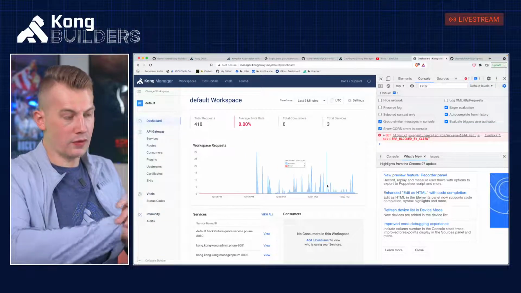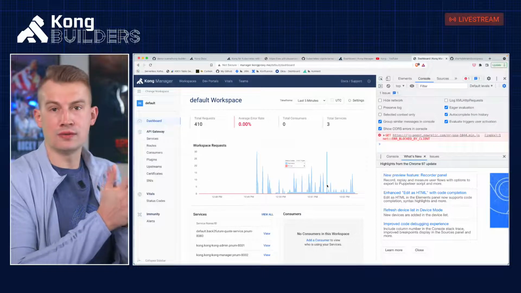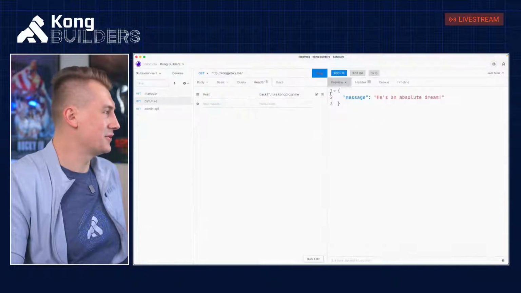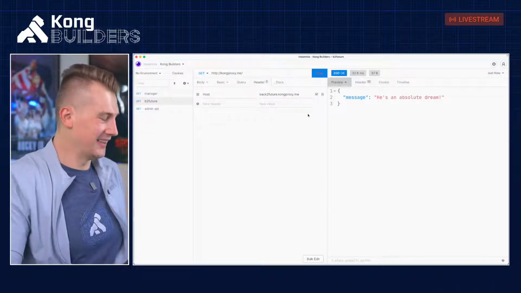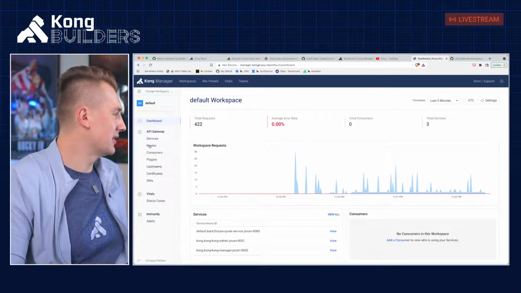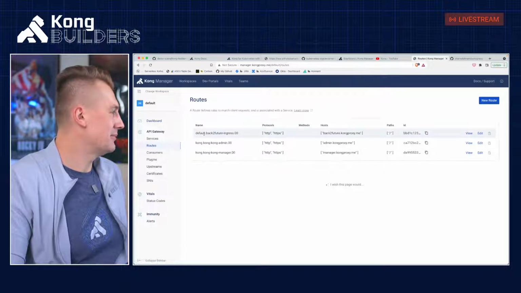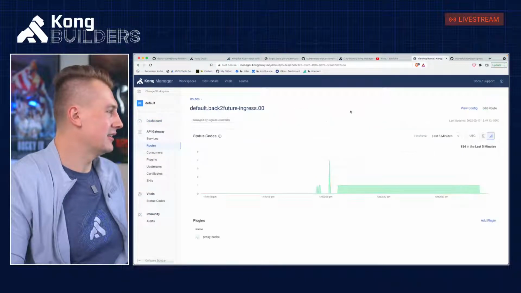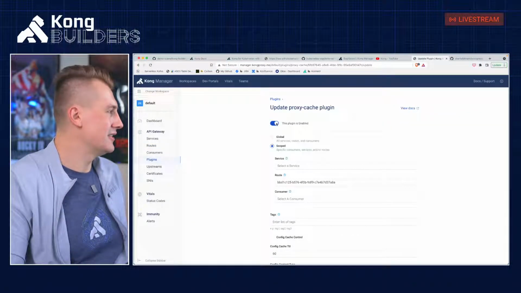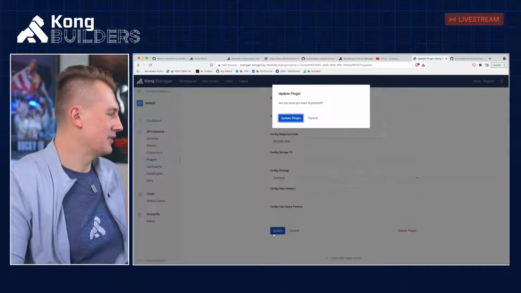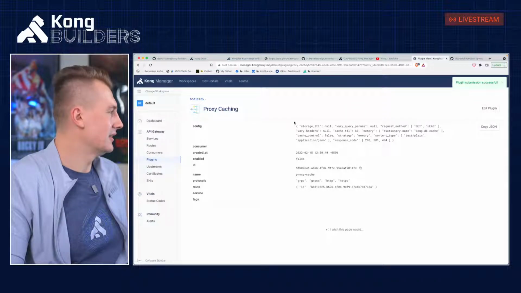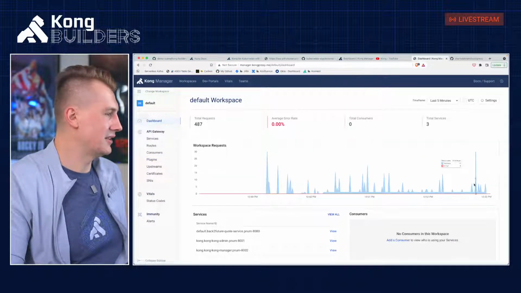Now, before we part today, I wanted to show you something cool that you probably want to use in your real life. Now, it's good that you can use Insomnia to do your kind of denial of service. But what if we use a real tool? So let me get back in here. I will go to plugin, and I will disable this plugin for now. So we get back to the dashboard. We will see the numbers will grow.